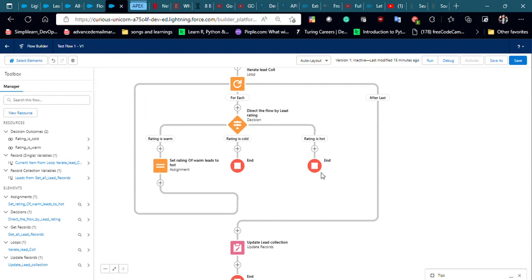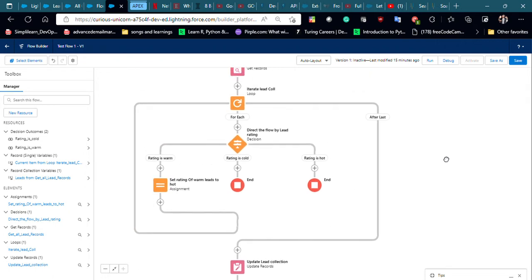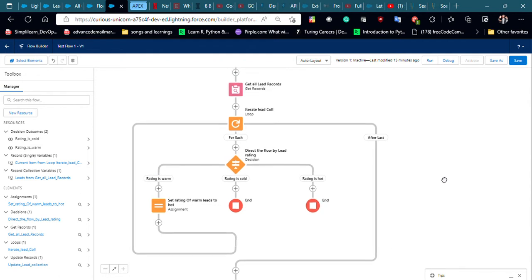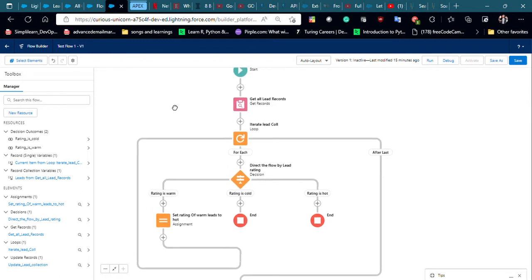This will be our initial flow, and here we have used a screen flow and not a record trigger flow, because this is the first flow we will be creating, and this is just for learning the concepts of logic elements. First we have given it the name Test Flow 1, and then after creating this flow,